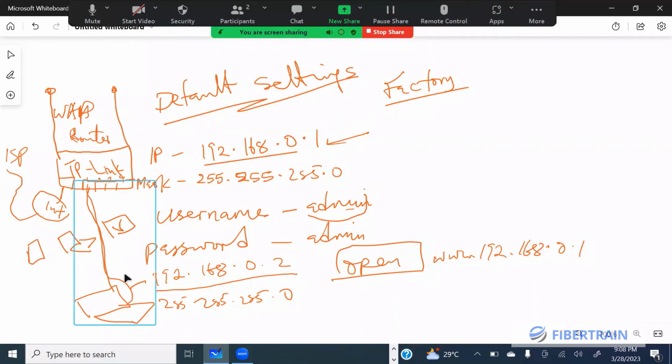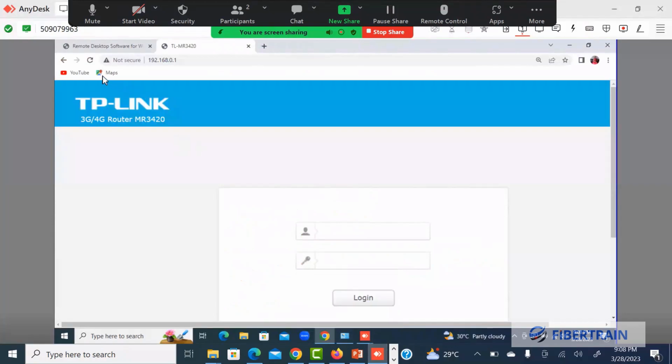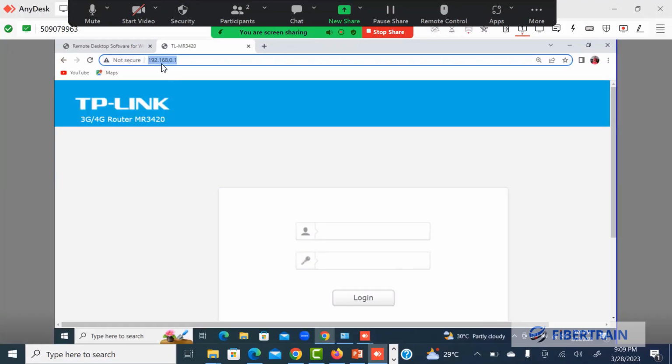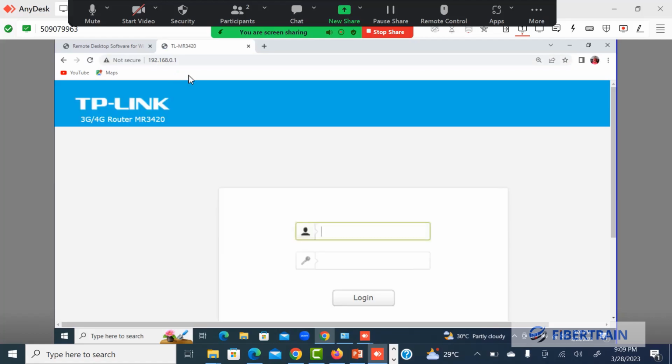And now that a laptop is connected to the Wi-Fi router and an IP address has been given to my laptop, which is 0.2, time has come for us to open a web browser. So here I've already opened Google Chrome, and on the address bar, I have to type 192.168.0.1, which is whose IP? The IP of your Wi-Fi router. The IP it came with from the manufacturer. So once I put that IP on a browser and hit the enter key on the keyboard, the web page